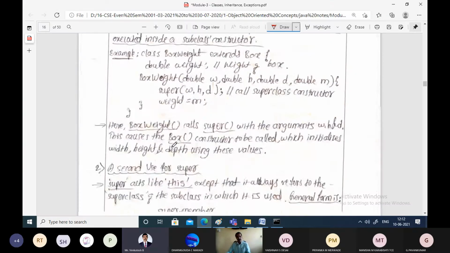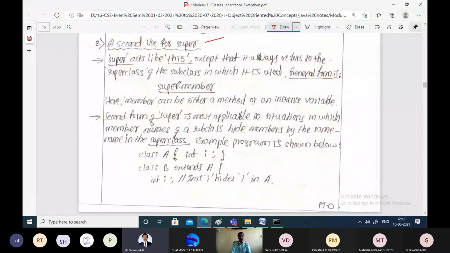That is one usage. Another usage is that we can access any of the members present in the superclass by using the dot operator, which is the usual notation we know. If there is a member present in the superclass and you want to access that member from the subclass, just use the keyword super dot and the member you want to access. That's very simple. It means we want to access this particular member from the immediate superclass.